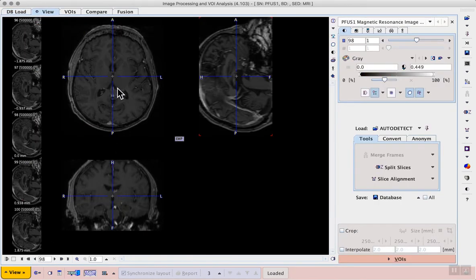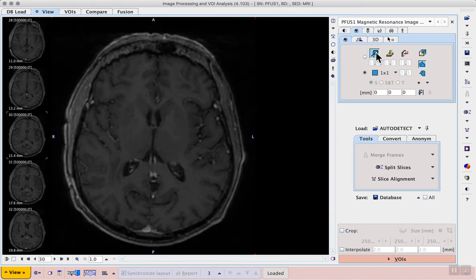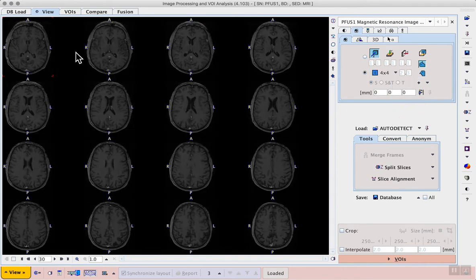Again, by default we start with 3 orthogonal planes layout, and on the second tab of the image controls in the top right we can change the layouts. As an example for this MRI image, we can select the Z plane representing the axial section, and with the lower section in the image control area we can change from a 1x1 layout to, for example, 4x4 layout. In this case the image display changes and we see that 4x4 layout of the slices, the axial slices, through